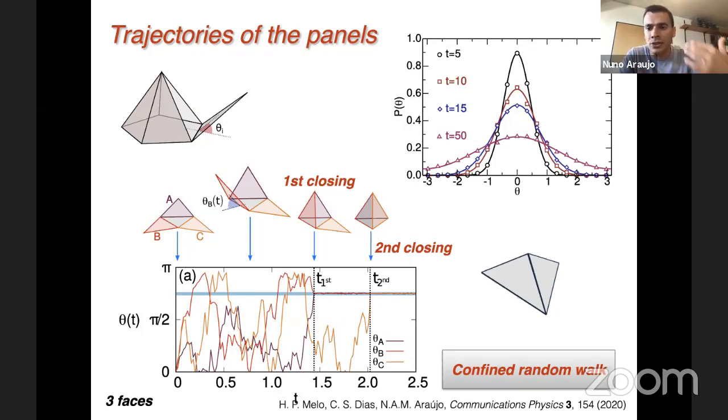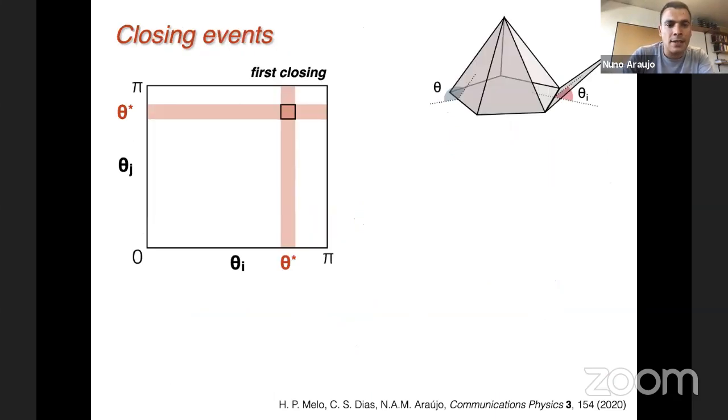So clearly the nature of the first closing event is different from what happens to the remaining sequence of closing events when we have more faces. And so we wanted to look into the statistical properties of the first and the remaining closing events and see if that could explain this non-monotonic behavior that we see for the total folding time. And so for that, if you now look at the first closing event for different numbers of faces,